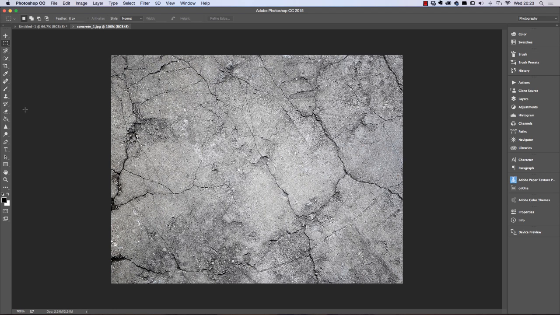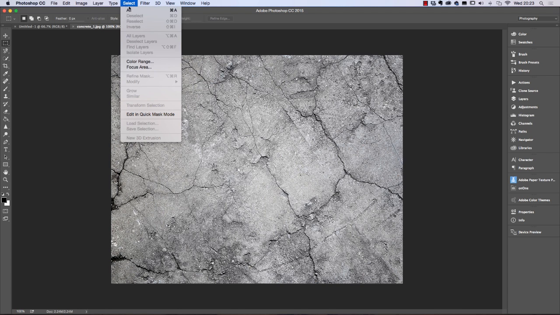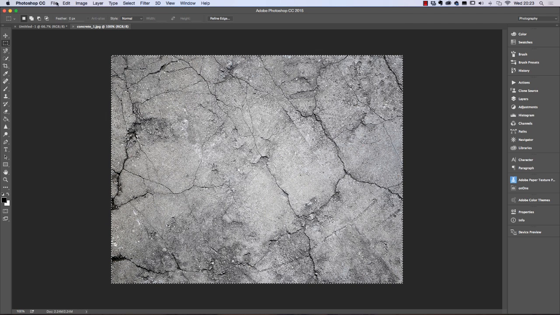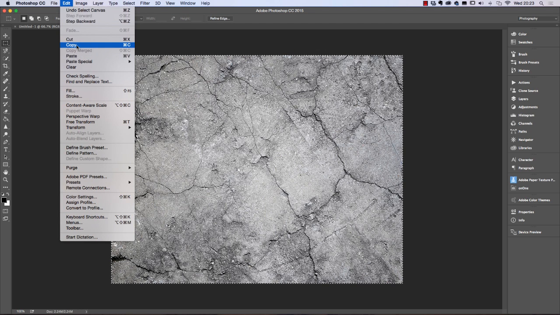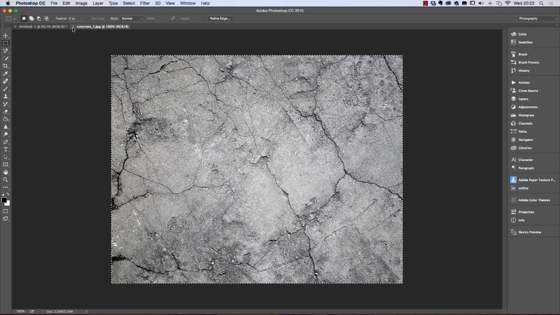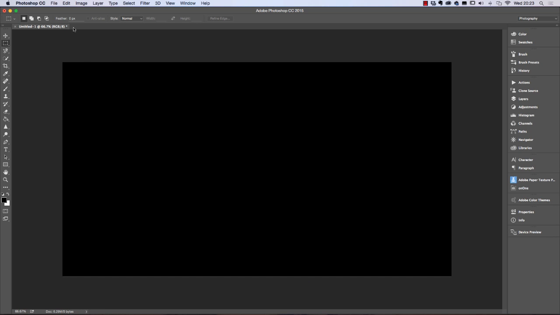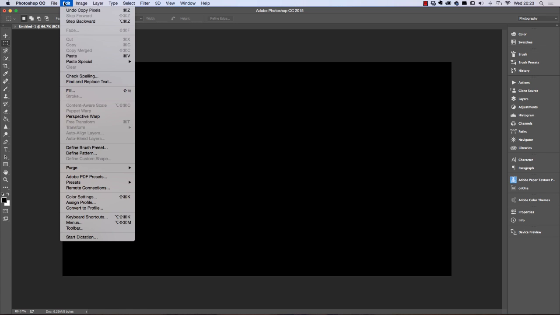Now, I did have the paint bucket tool selected. It's always a good idea to click off the paint bucket tool and pick something safe, because if you accidentally click on the image, you're going to end up with little black dots all over your image there. So just remember that. Okay, now we're going to highlight this and copy it. So we go to Select All, and we go to Edit, Copy, and then we just close this and go to Edit, Paste,